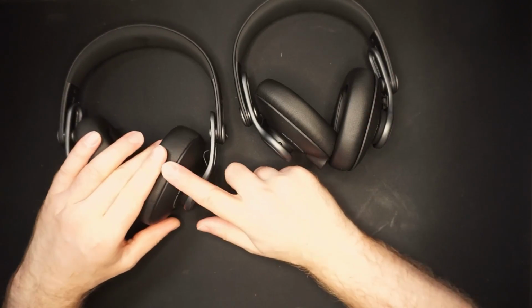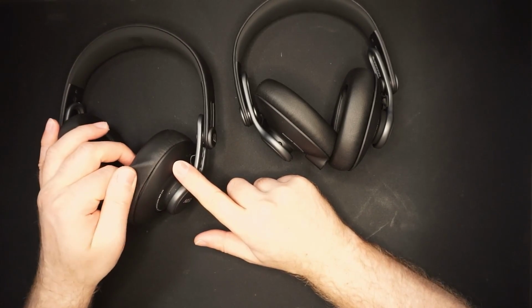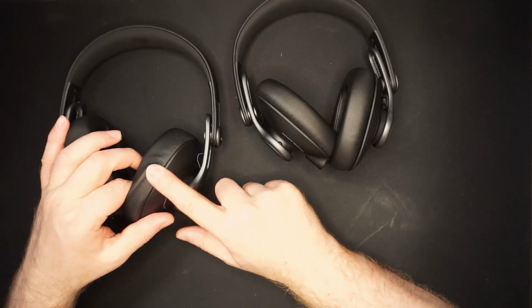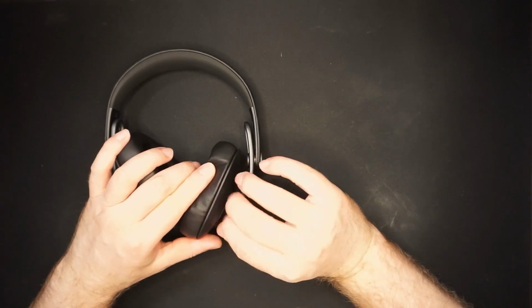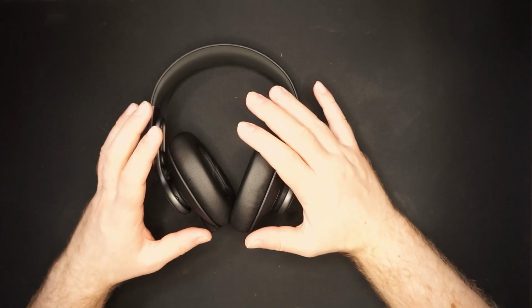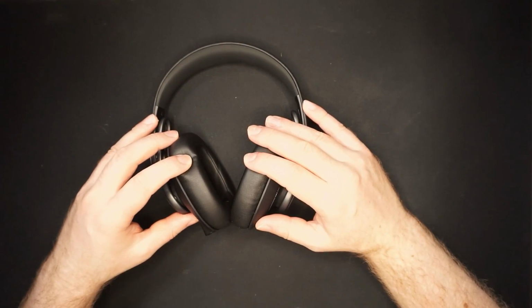And if I look at the other one, for example, this one's nice. There's no sharp edges there. The ear pad is nicely flush against the side. It feels smooth. This one, it doesn't. This is really strange. The biggest glaring error with this particular pair is the back side of the ear cup